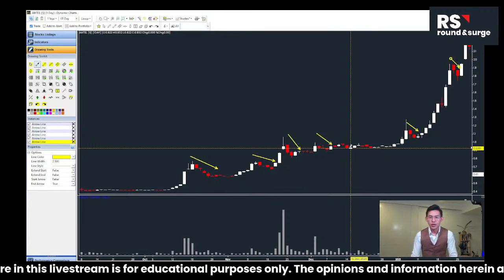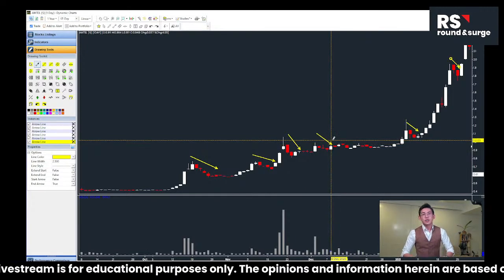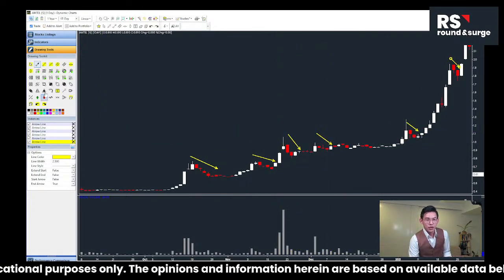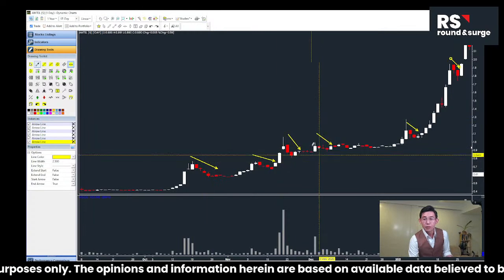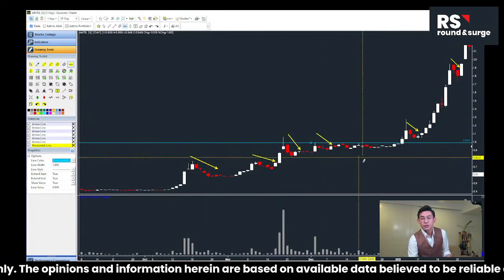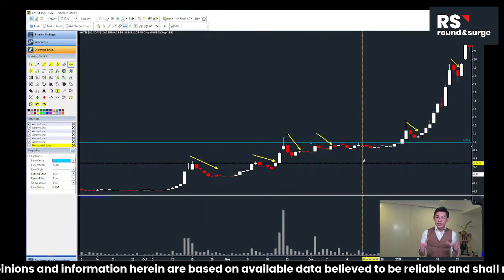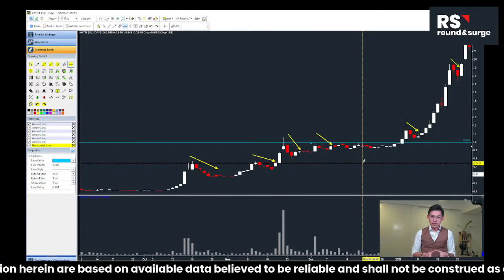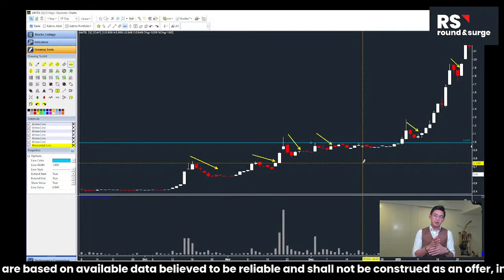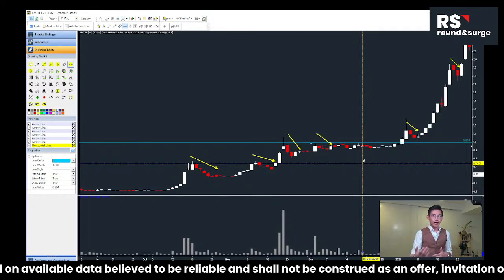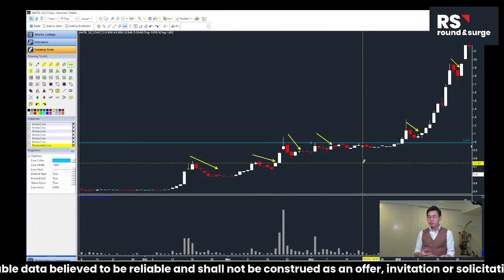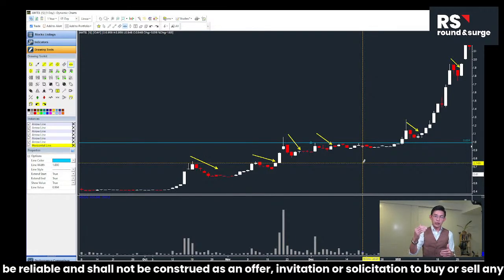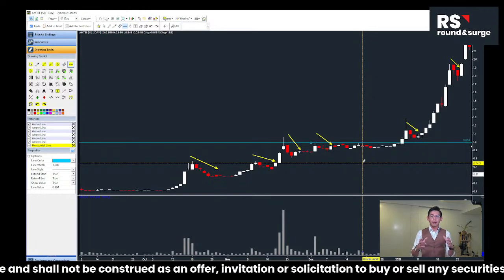So if you look into this, do you think the resistance, let's say for example the previous high, is the resistance point? Some of you might think yes, this is a resistance point where the big boys are throwing out the shares. Okay, so breaking the resistance point, does it mean that they will move up higher? Not necessarily, because every time, especially when the price is going up higher and higher, that will actually tell us that, okay, the stocks,